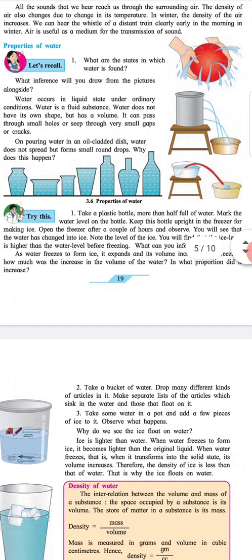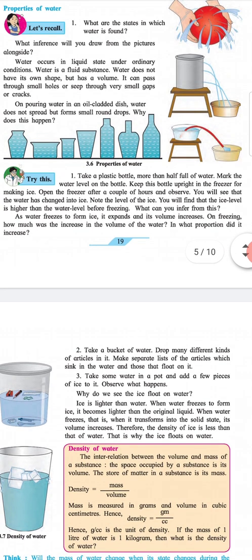Properties of water. Let's recall. 1. What are the states in which water is found? What inference will you draw from the pictures alongside? Water occurs in liquid state under ordinary conditions. Water is a fluid